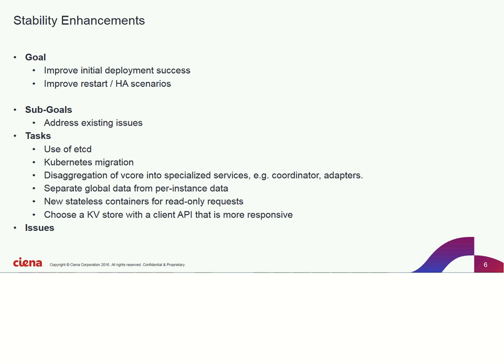So the longer it takes for the state change notification on a key to reach these containers, the more chances are that you're going to end up in a hung state because you've made a request to a non-existent IP address, right? The container's gone down. So choosing a KV store that responds very quickly on state change is a bonus, because there's less of a window of opportunity where you end up with a race condition that causes the problem. So that's the set of stability and HA enhancements that we're making.